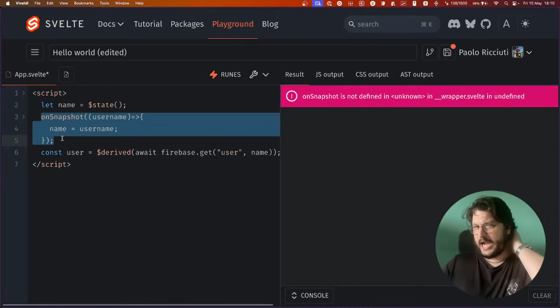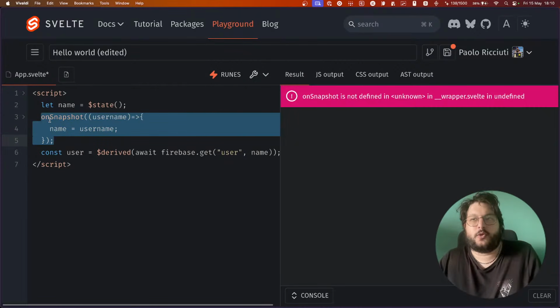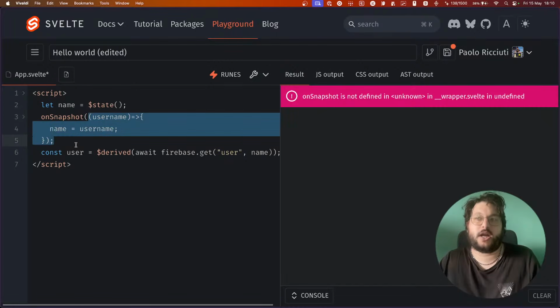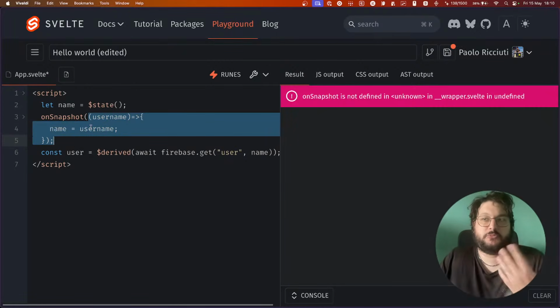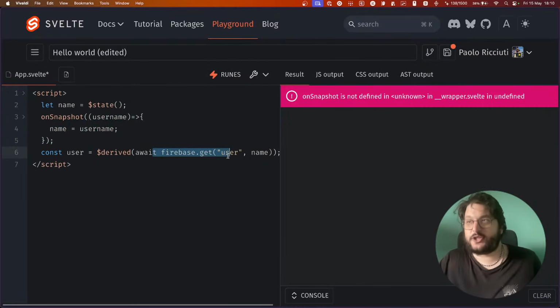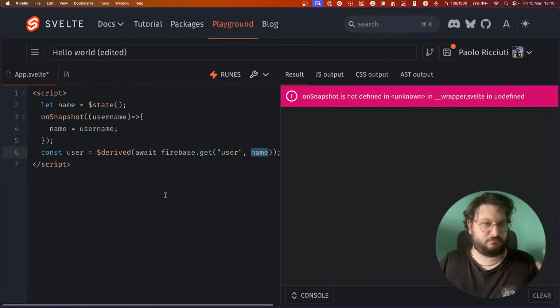Here basically you don't have to await anything. You're just registering a callback and getting this function invoked whenever this thing changes. So you can just change it, and this will actually refetch every time name changes. I don't know if this answers your question.